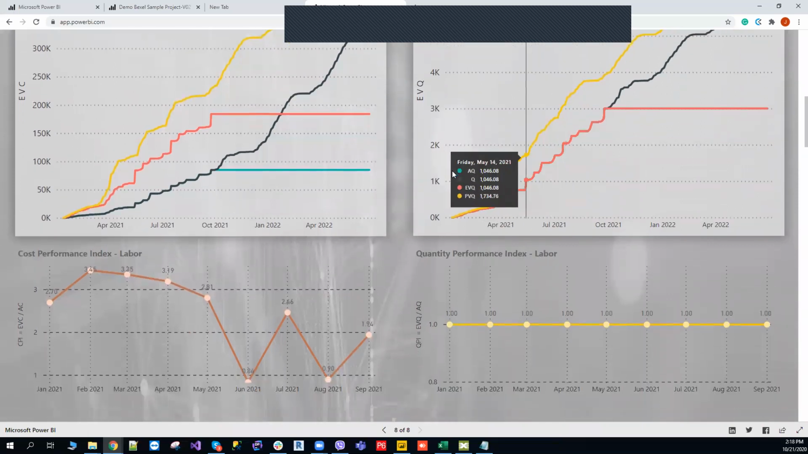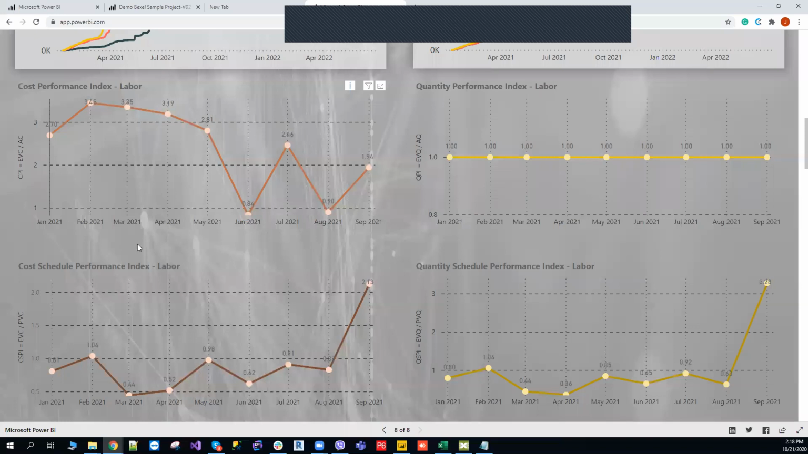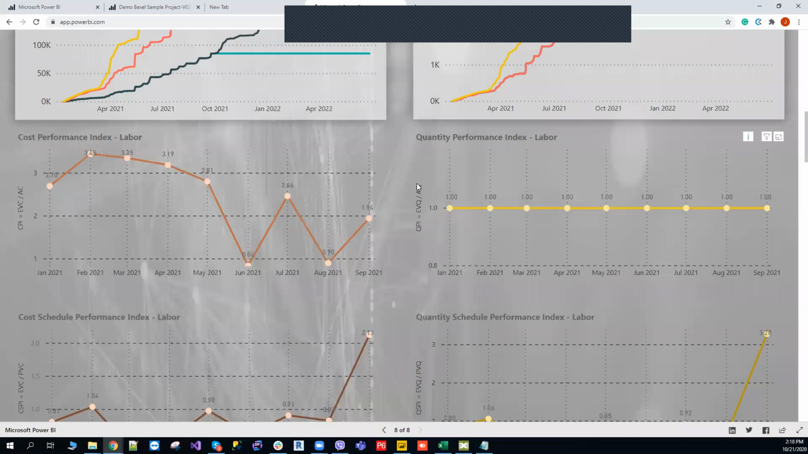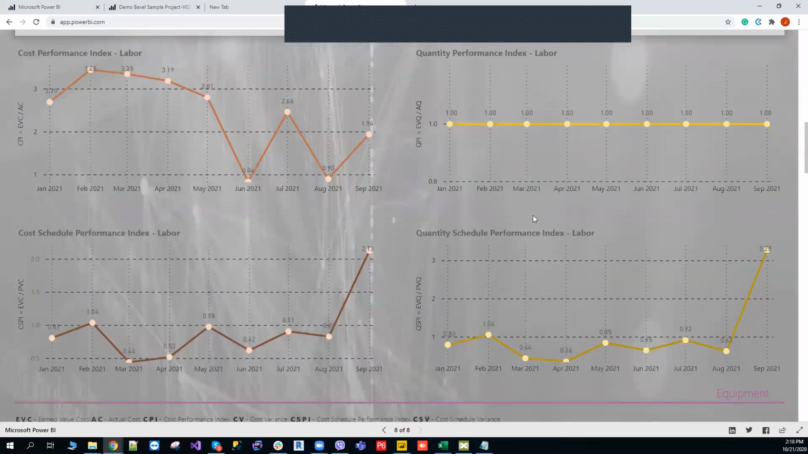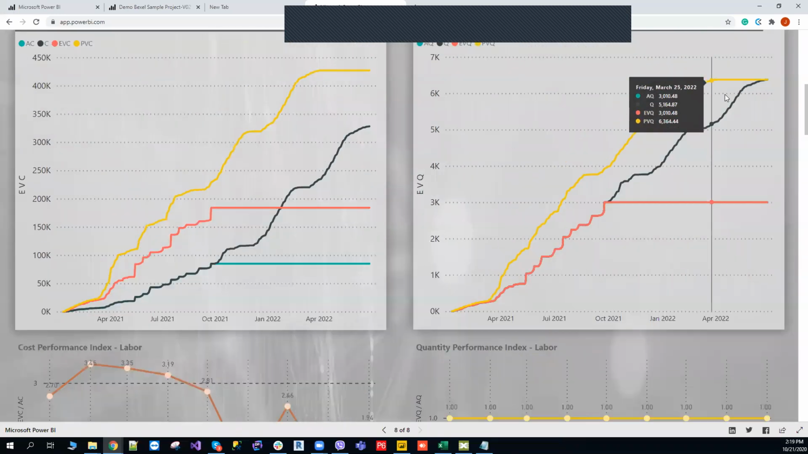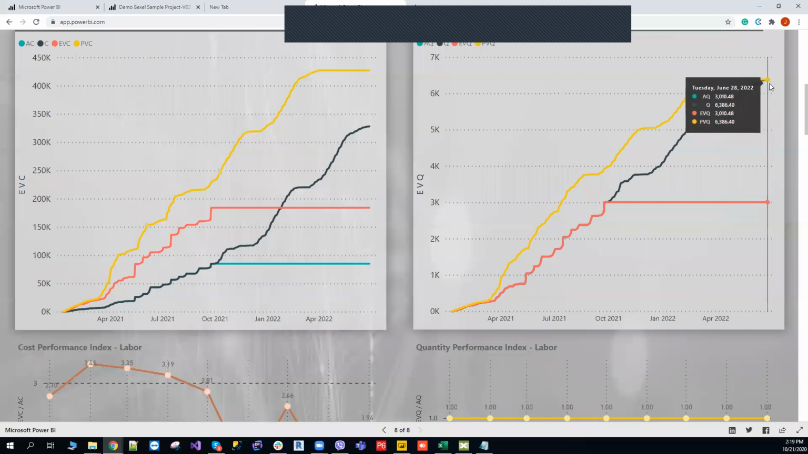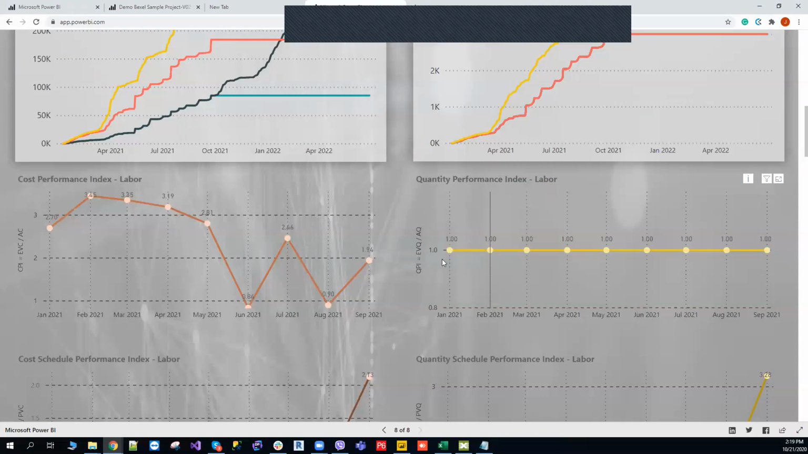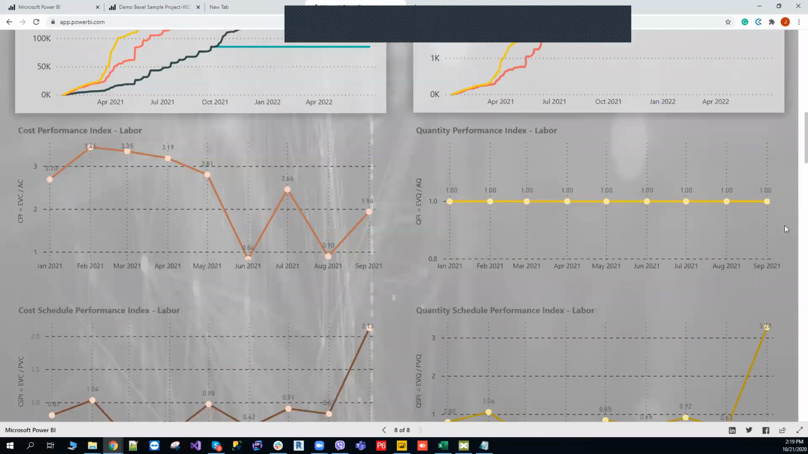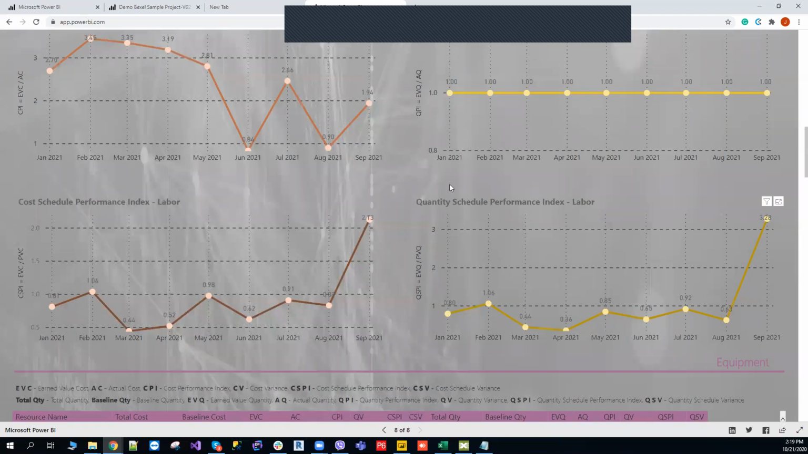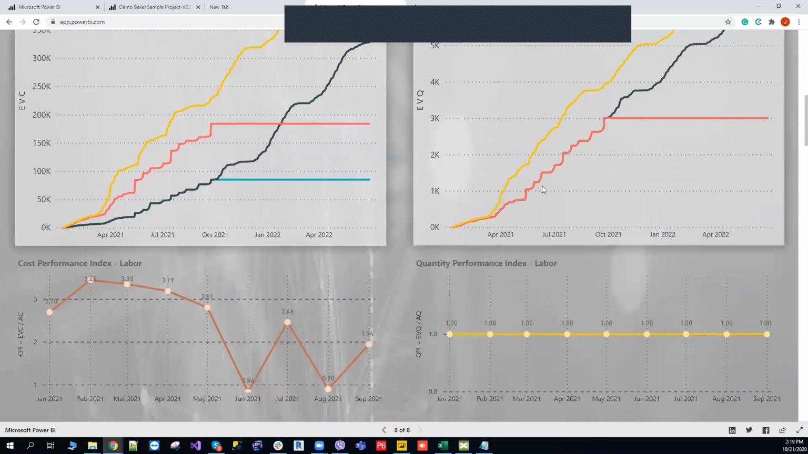baseline schedule. Also, we can see the cost performance index and schedule performance index for the cost values, and also the quantity performance index and schedule performance index for the quantity. So we can see that the quantity has not changed, the quantity of man hours for the carpenters. So the quantity performance index is 1 through the whole schedule. And we can see the schedule performance index is smaller than 1 because we have delays in the